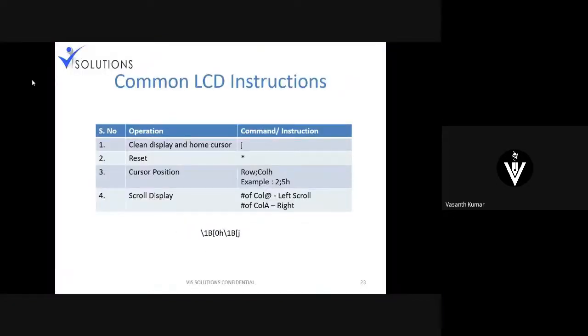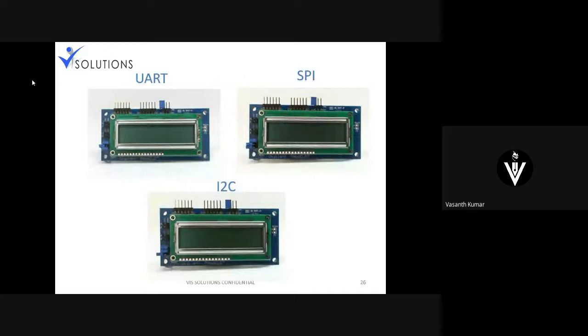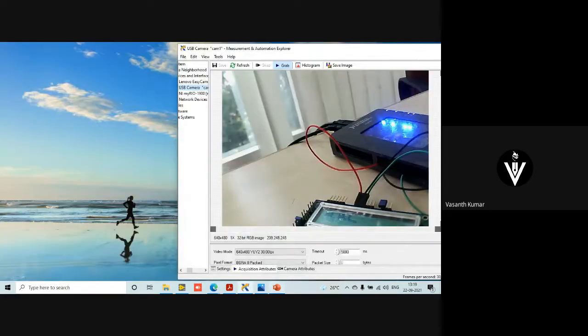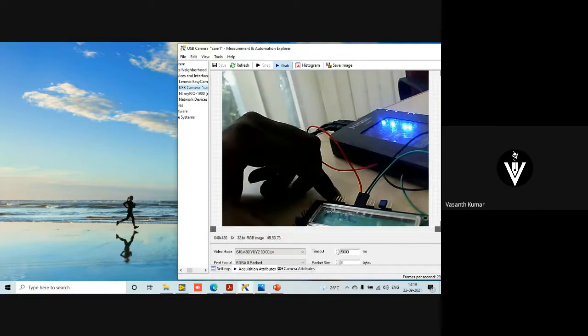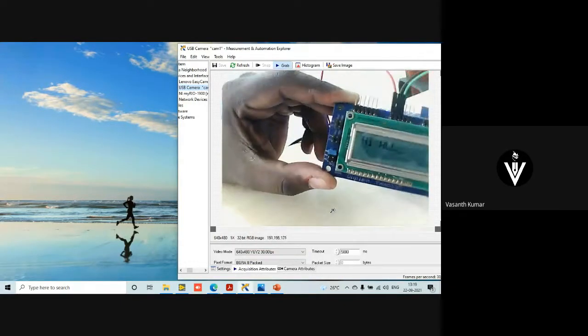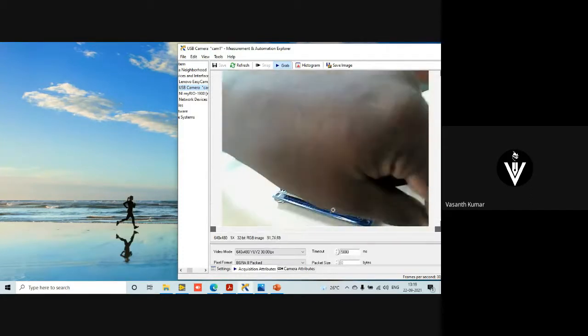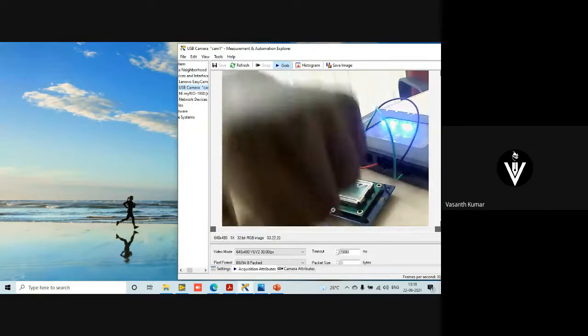So I'll go to the previous thing. Now I'll just quickly do the configuration of SPI. So for SPI, I'm supposed to remove, the first one should be connected to the jumper pin and closed. The remaining two should be removed. Have done that. Where is the camera? Yeah. Can you see? I've done the connection accordingly. I've removed the extra jumper pin. Okay. Keep it safe so I won't lose it.